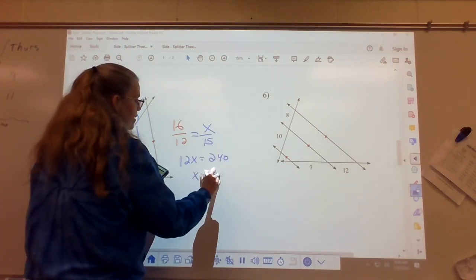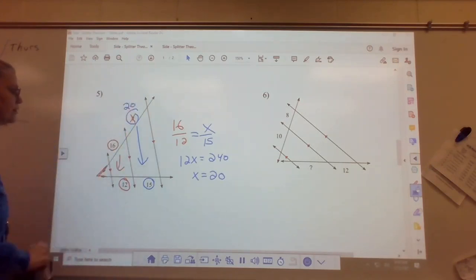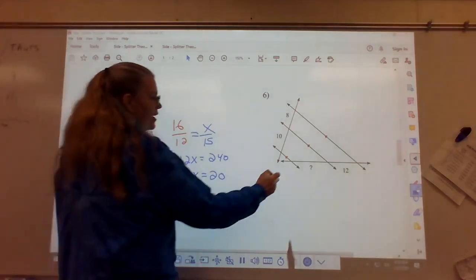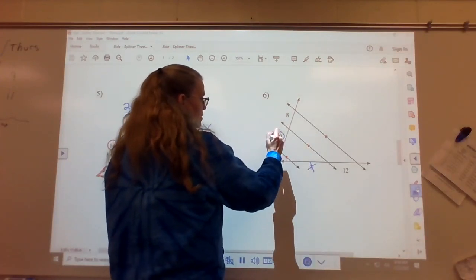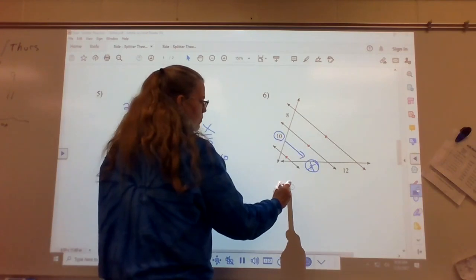Divide by 12, I get 20. So therefore, this segment right here is 20. That's going to be a 20. 6 is pretty much the same thing. I can put an x here. So 10 is going to line up with the x. So 10 over x